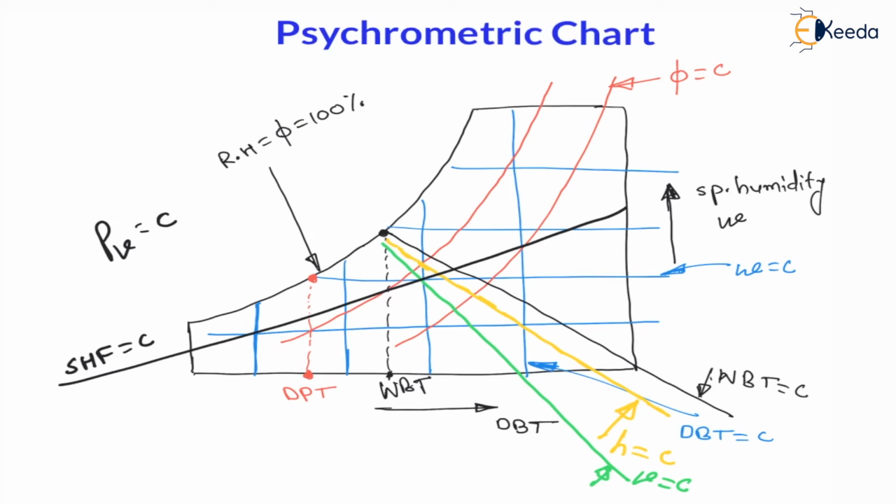These 6 lines are very much important, right? So our discussion will be more on these 6 lines. Now, for human beings, a dry bulb temperature of 25 degrees Celsius and relative humidity of 50% is maximum comfort. That means the area surrounded by a dry bulb temperature of 25 degrees Celsius and relative humidity of 50% gives maximum comfort